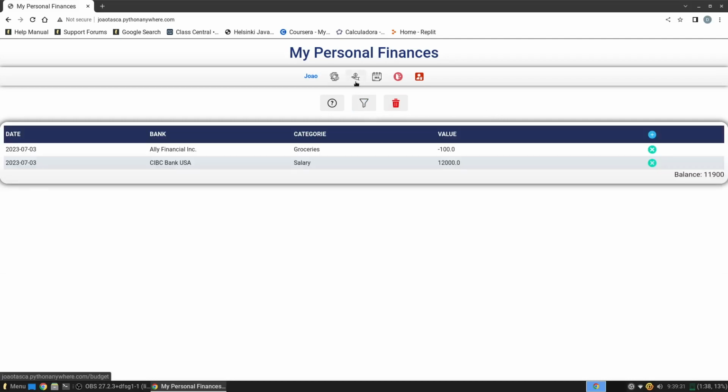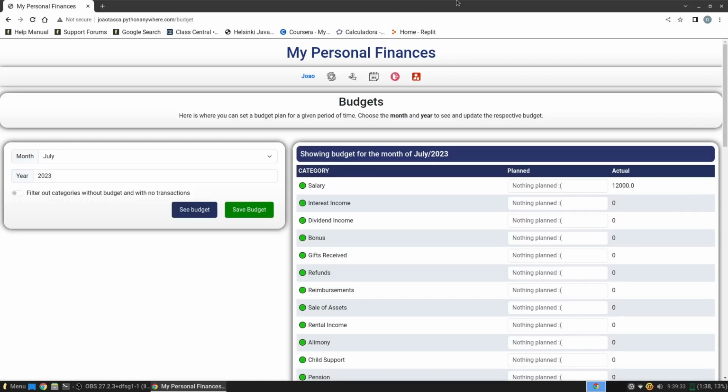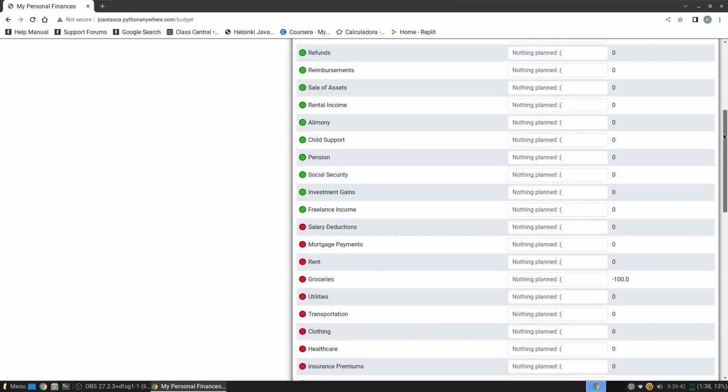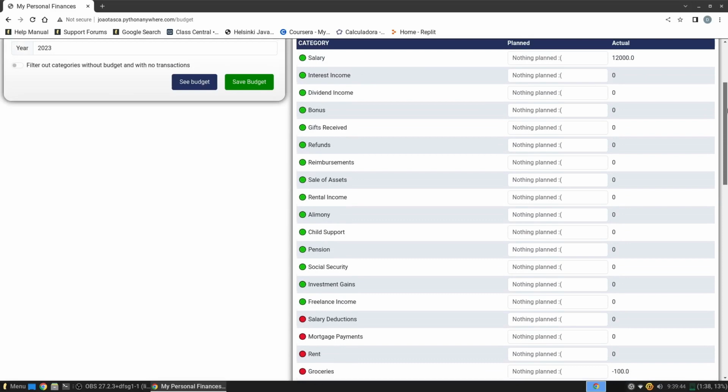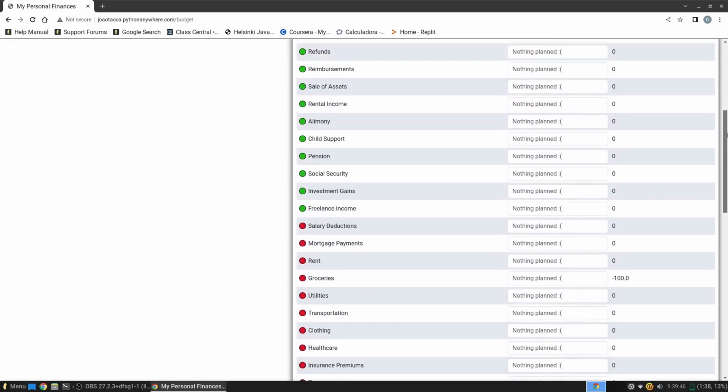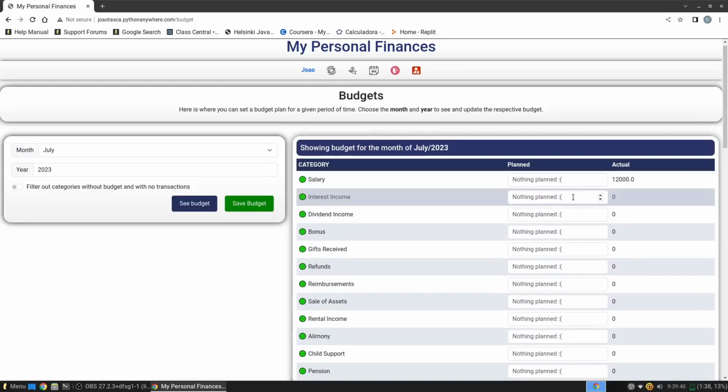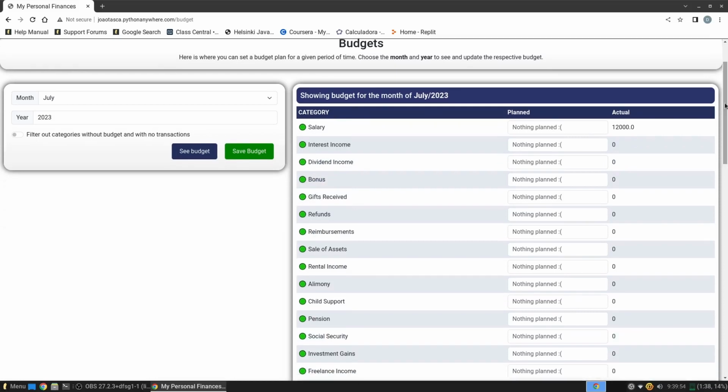Alright, so let's move on to the next page, and here is where you can set your budgets, meaning that you can plan how much you intend to spend or to receive in any given category available here in the system. Now I haven't planned anything for any category since I just created this account, but you can see already